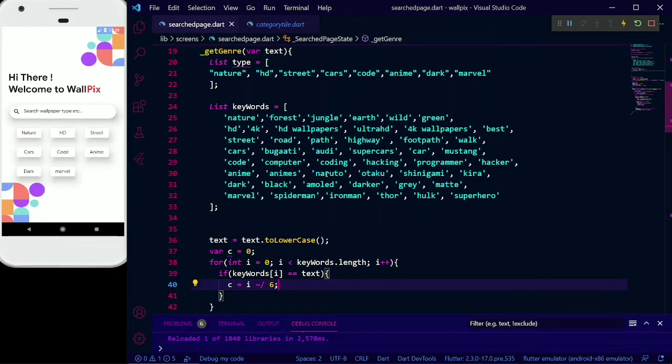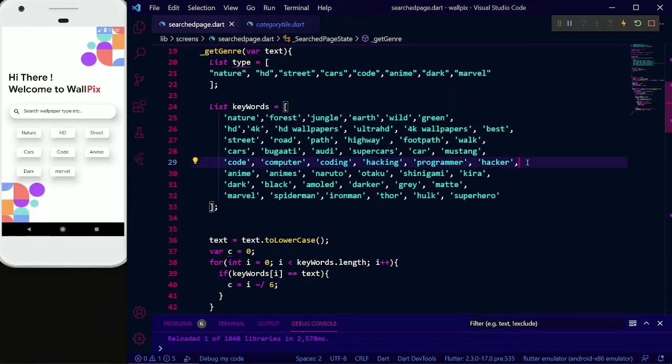Since it is integer division, it will always return the floor value, so accordingly it's simple maths we are doing. If you are taking a higher number of keywords, for example 20 or 30 keywords for each genre, you need to divide by that value. I have taken 6, so I have divided by 6. If you take 20 or 30, you will divide by 20 or 30. If you are taking keywords larger than 20 or 30, I would recommend you use some list or some dictionary data structure, like a hash map or a dictionary.